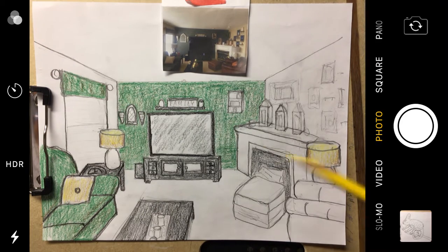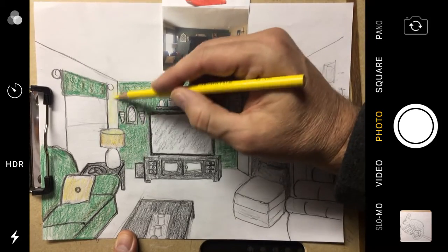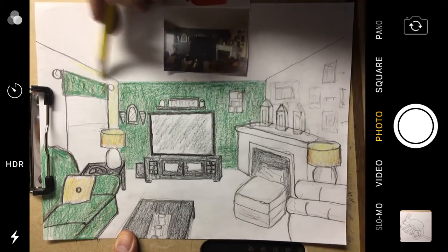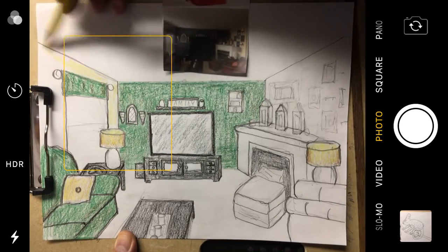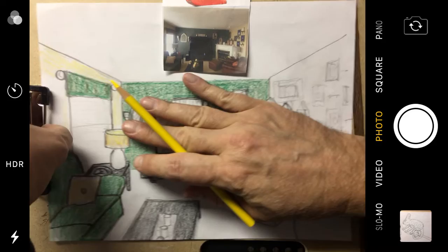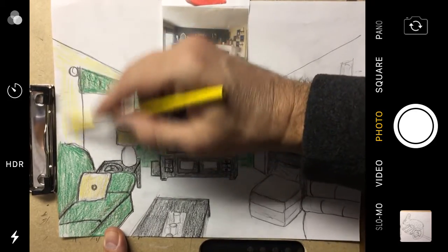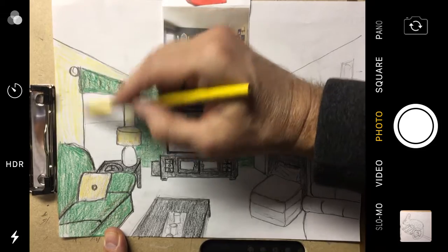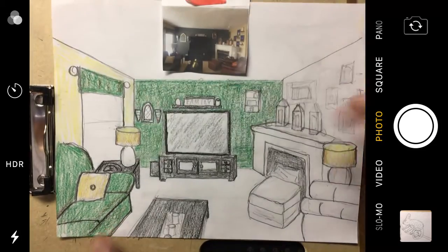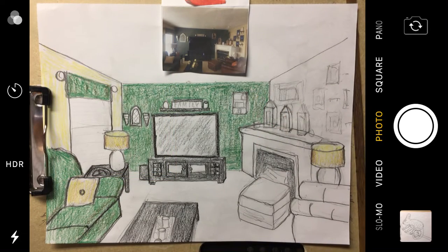The two walls are an off-white. So, yellow. I'll move it out again. The ceiling, I'm going to leave white. Most ceilings are white. Now over here on the right side,